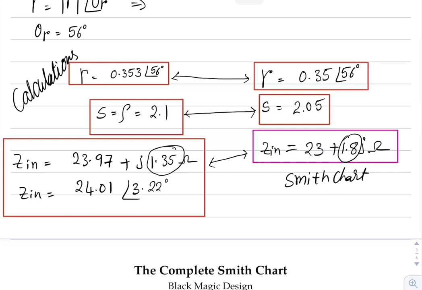That means by using a Smith chart, you can get approximate values, and the small error that you get in the Smith chart, especially in my case, is due to the center of the gamma circle or VSWR circle that I have taken may not exactly coincide with the center of the Smith chart. The lines that I have drawn on the Smith chart may have some error, or the protractor and the scale that I have used for solving the problem may have some error. But in practice, more accurate Smith charts are used in order to solve problems on the transmission line. Thank you.